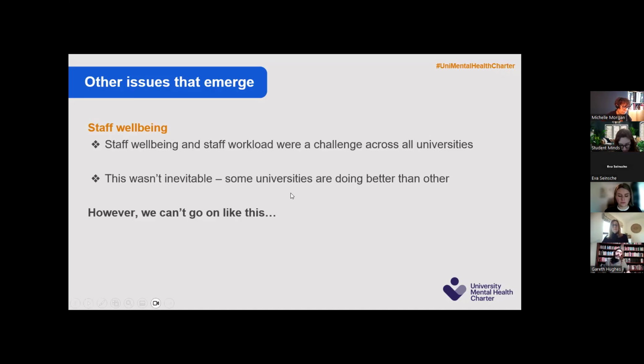So staff well-being, again, is one of those things we're going to continue to talk about more in our external work, and to push on this idea that it's inevitable, because we did hear from some universities, well, of course, staff well-being is poor. It's inevitable given the state of the sector, which then becomes an excuse for not prioritizing it. Whereas we are seeing some universities prioritizing it and not having to respond in that way, and not having to lean on staff to that extent. So we need to be challenging that narrative back to say, not everywhere, actually, and not everyone. And it is possible to think more about staff well-being and to do more.